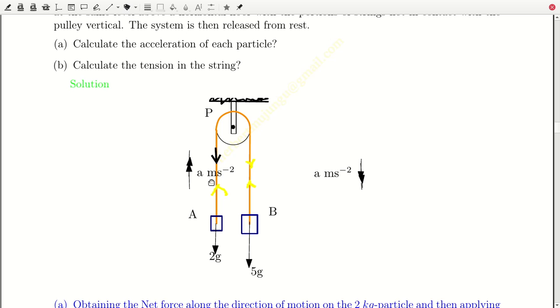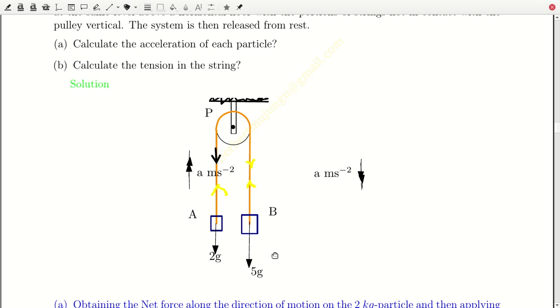it will be given by the tension in the string, T, minus 2g. This is moving upwards, so it means this force T is greater than 2g, so it will be T minus 2g, which we shall later equate to mass times acceleration, which will be 2a, using Newton's second law. We do the same to this one. It will be 5g minus T. Here we are assuming that 5g is greater than the tension, to overcome the tension, and the particle moves downwards,